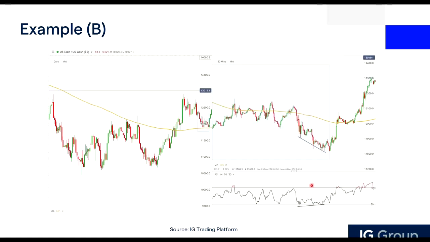Okay, so again, we are still trying to find the same direction as per the higher time frame. So we are not trying to sell. If the higher time frame is in an uptrend, we are looking to buy. But what I wanted to highlight is that when we are trading reversals, we are trying to look for reversals in the pullbacks in the higher time frame by zooming into the lower time frame.